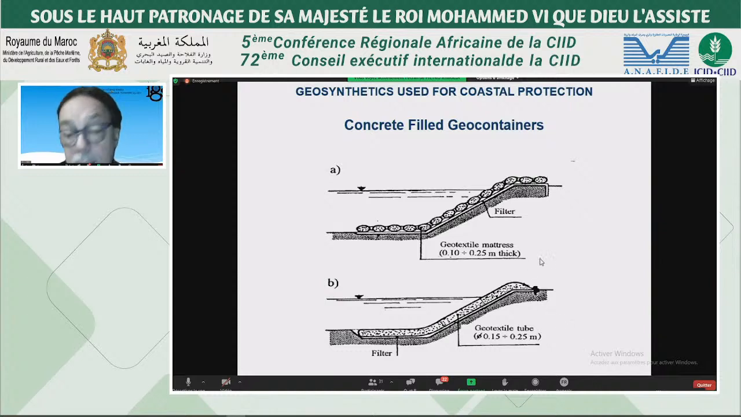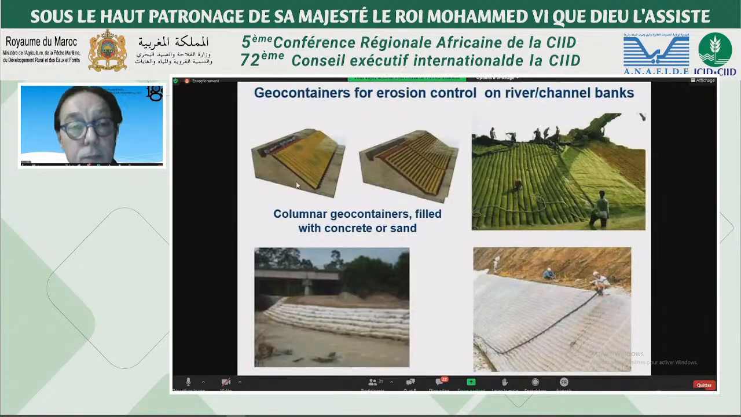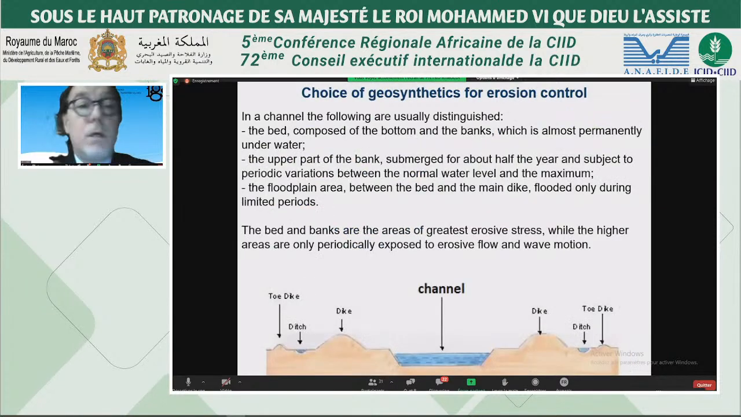D'autres produits incluent les géocontainers. Les géocontainers sont des formes de géomatrices ou une forme de tubes remplis. On peut également avoir des containers en forme de colonne remplis de béton et de sable. On voit également là un système de protection des rivières, et sur la droite, on voit l'utilisation de géocontainers remplis de béton et de sable. Il est possible